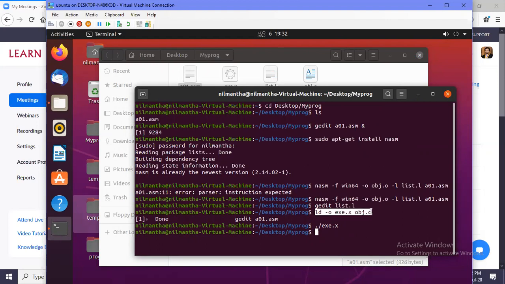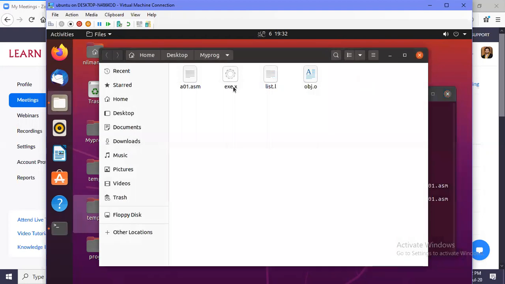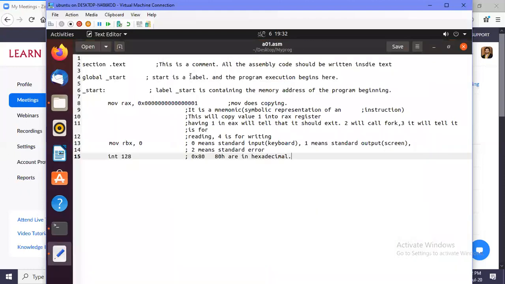This is just by typing this NASM assembling command and LD. Now suppose I make some change in this assembly file. For example, I'll give another command. After this one, I'll copy RAX to 1 and save.